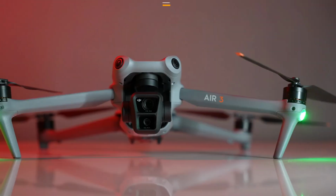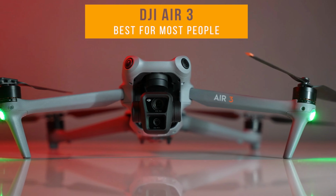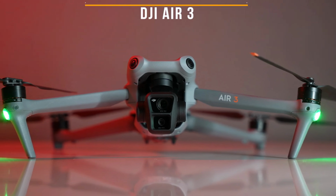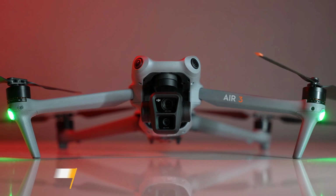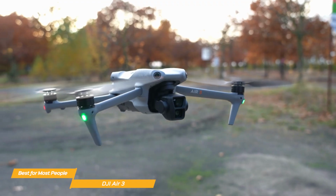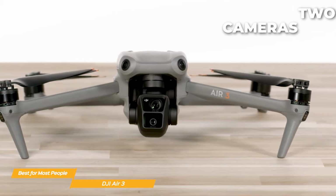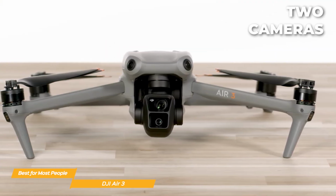Next up is a drone that we believe is the best choice for most people, whether you need a drone for professional photography or you're a hobbyist. It's the DJI Air 3, a reasonably priced drone that can capture impressive 48-megapixel images that are easy to edit and crop. With the DJI Air 3, you get two cameras that give you lots of options for both recording